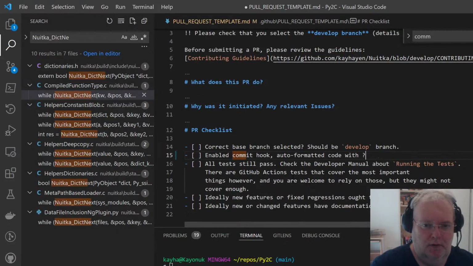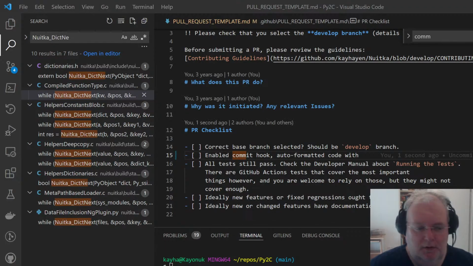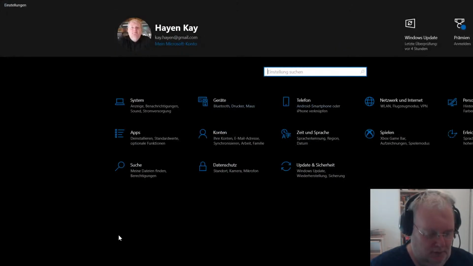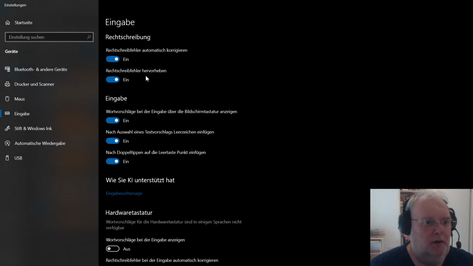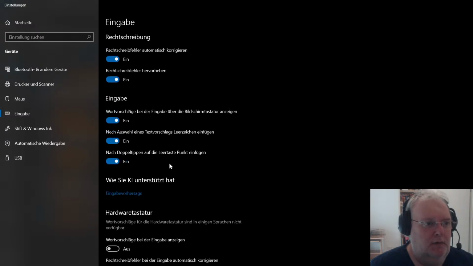I don't have a proper keyboard configuration apparently. Hold on. Now that's going to show off my master skills here with Windows. Keyboard. Yeah. German one. Where does it say which layout I have?